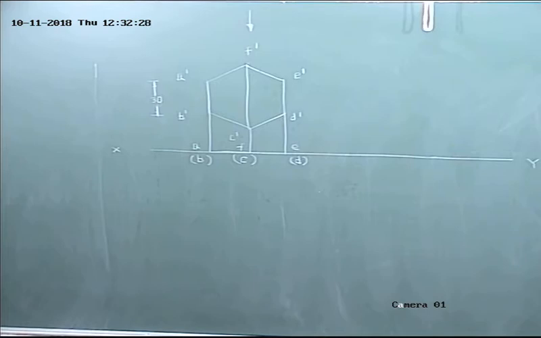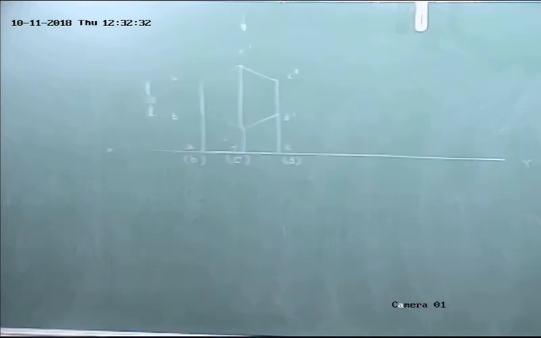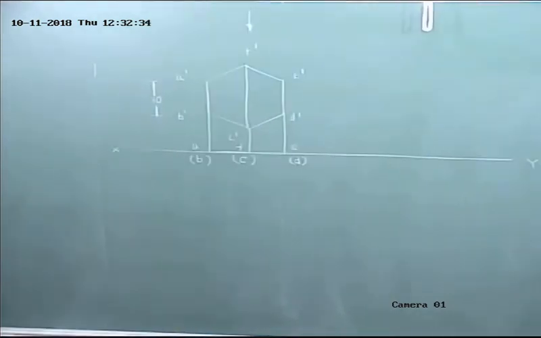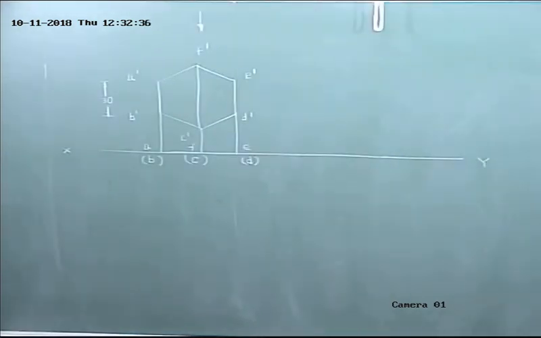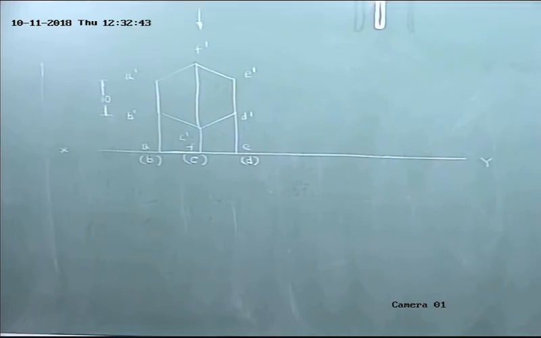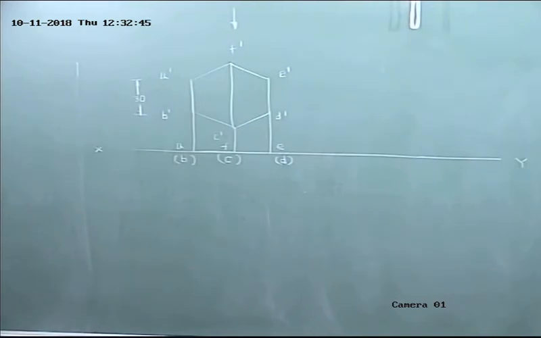10, 20, 30. Next, this is the side, isn't it? Move the scale here. 30. Simply join these two. It should be 30, isn't it? You understand? Over. Shall we go to next step?